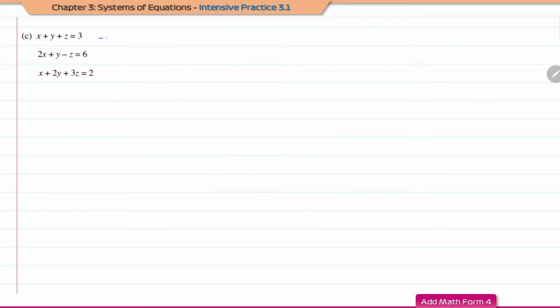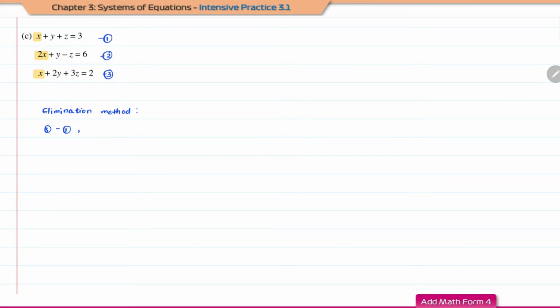Question C. So first, let us label the equations. So first, I'm going to solve this using the elimination method. So first, we need to choose a variable to be eliminated. So in this question, I'm going to choose to eliminate the x here. So first, in equations 1 and 3, we have the equal value of the x. So first, I'm going to use equation 3, and then I'm going to minus it with equation 1 to